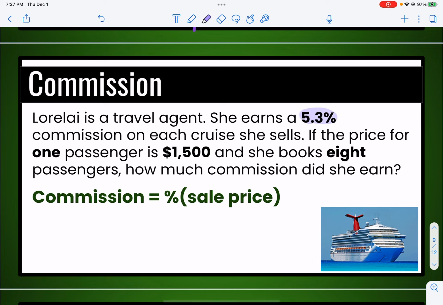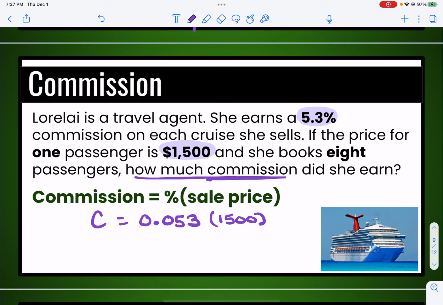We have the percent as usual, so we know the percent, and we know the sale price is $1,500, and I know I'm looking for the commission. How much commission? So C is what I'm looking for. I'm going to move my decimal over in my percent, so it's 0.053. And the sale price for one ticket is